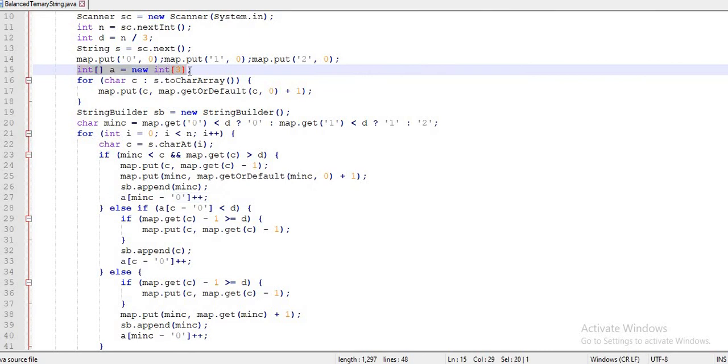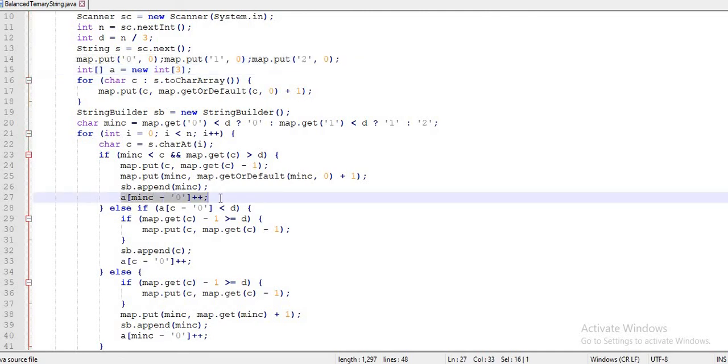Next, I have taken one more output array, because as I mentioned at the start, I am maintaining two hash maps. One is for the initial frequency of the characters. This array will keep track of how much is filled up to this point, and how much needs to be filled further for that character set. Initially, for my min c it contains the 0 value, so now it will be incremented by 1, so it will become 1. So for a of 0, that is the 0th character, it will contain the value 1.